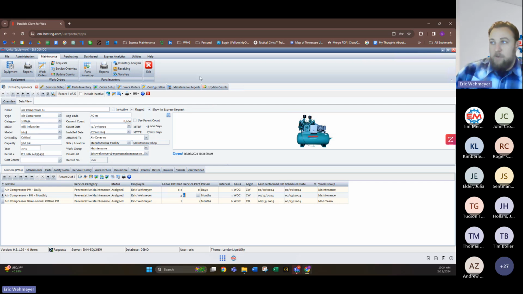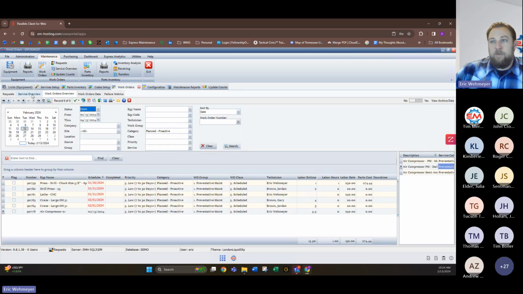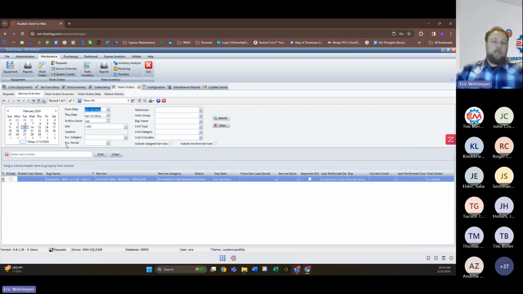Okay, so if you're going to manually create work orders, then you'll go to work orders, service overview. Some people like to have the ability to see every service when it comes due. And my preference is efficiency through automation. And so if you guys are on